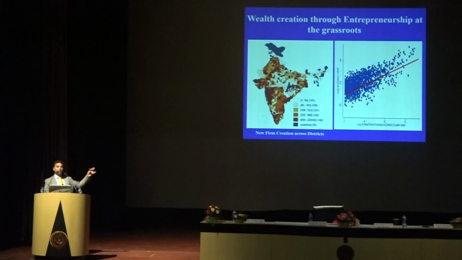And it controls for all other confounding factors, and therefore this is indeed a causal estimate. An increase of 10% in new firm creation in a district translates into a 1.8% increase in the GDP in the district,